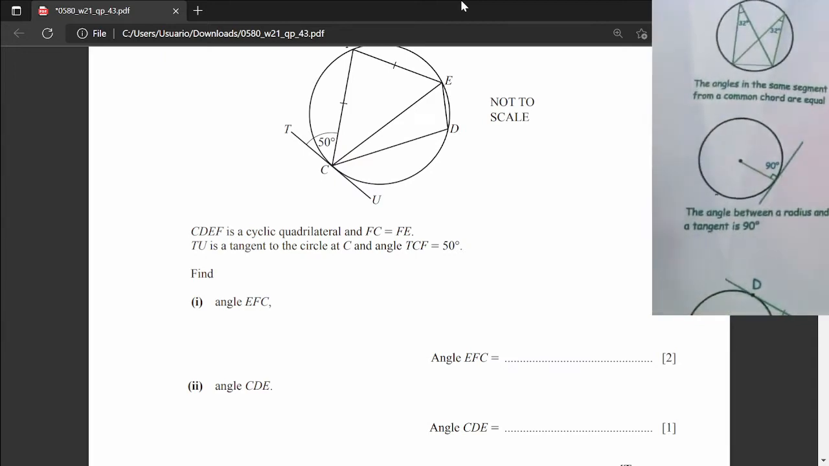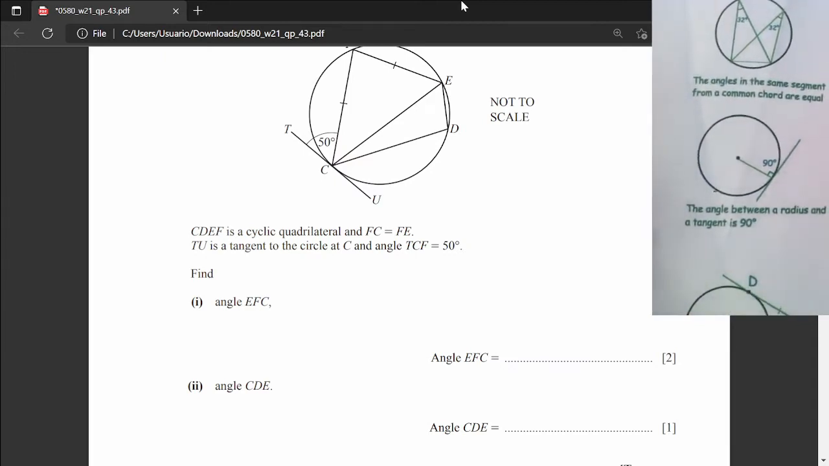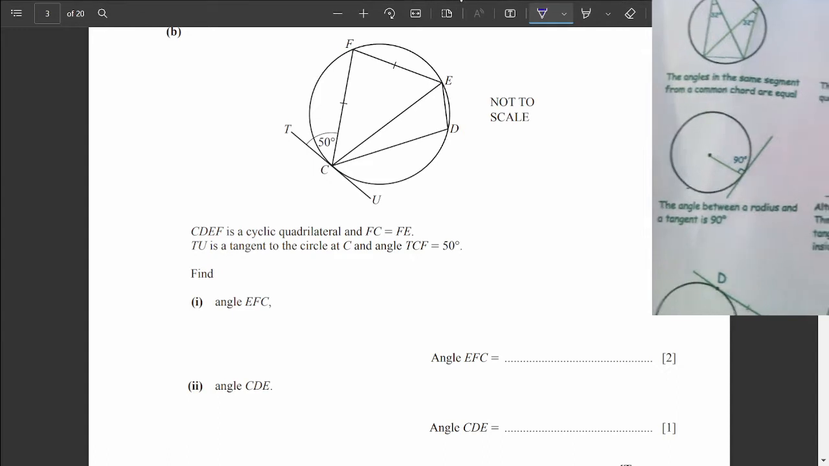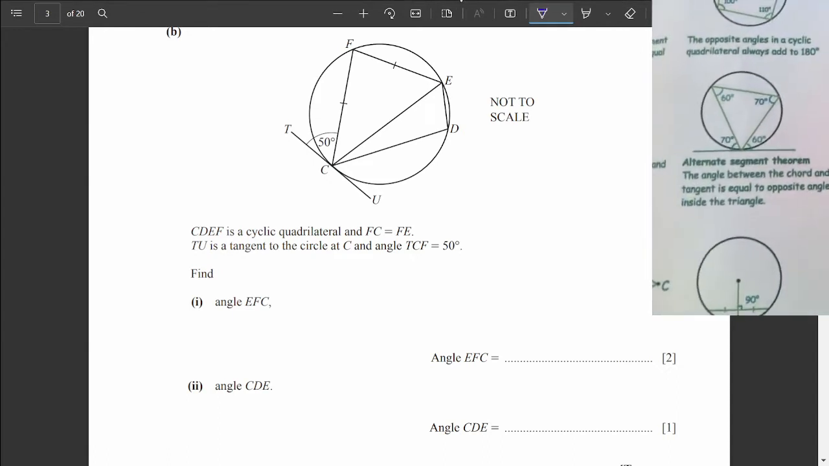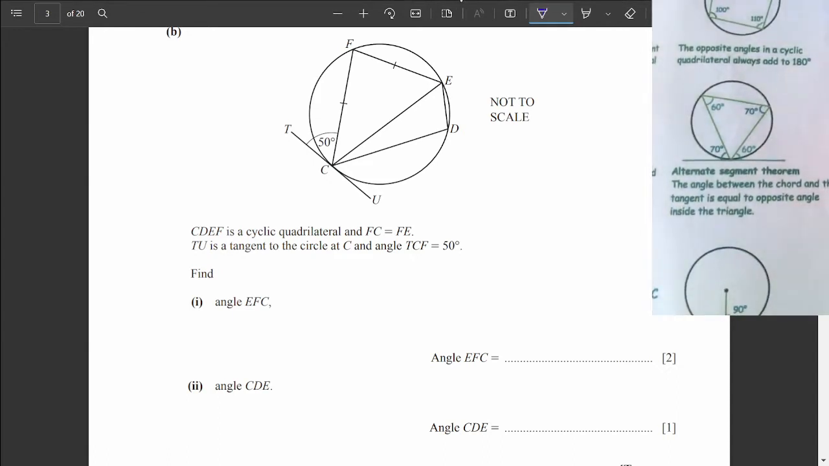This one, the angle between a radius and a tangent is 90 degrees. We don't have any radiuses here, so we can't use that, but the one we can use is the alternate segment theorem. So if we look at that, for example, we got the triangle here and the tangent. Alternate segment theorem says that if this angle is 50 degrees, that one there is 50